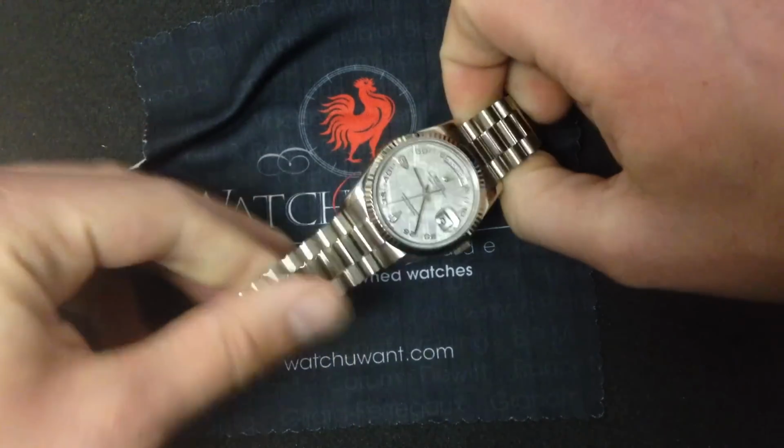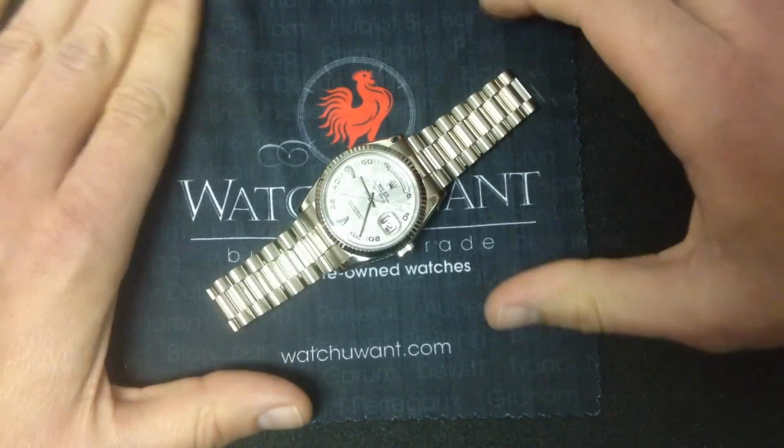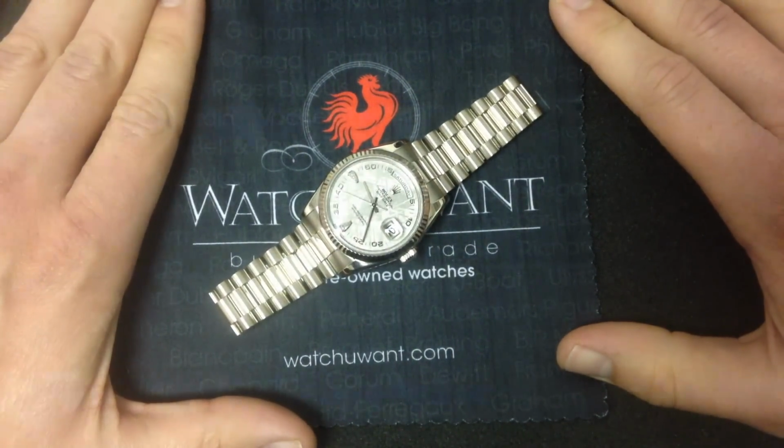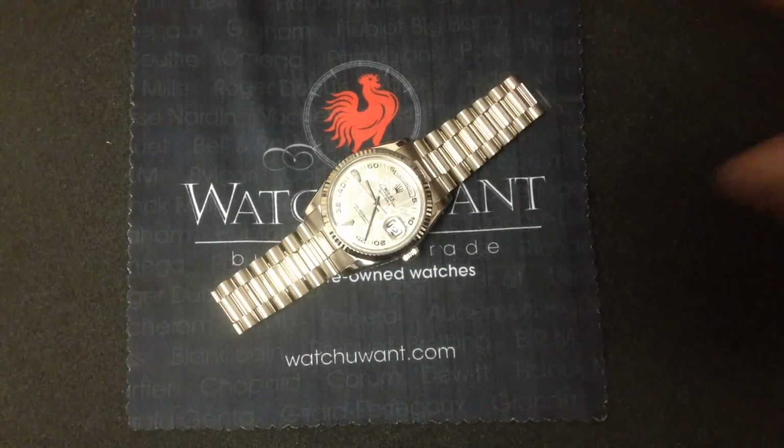So if you're into the style of a one-off based on a Meteorite dial with inset diamonds and white gold, you want all the latest toys, and again, you may have just been a little bit on the naughty side this year. This is the Rolex Day-Date double quickset in 18-karat white gold with diamonds and a Meteorite dial, available